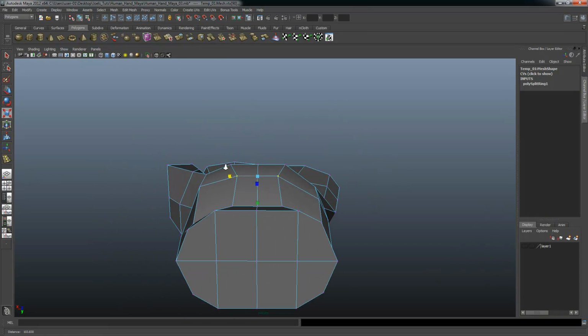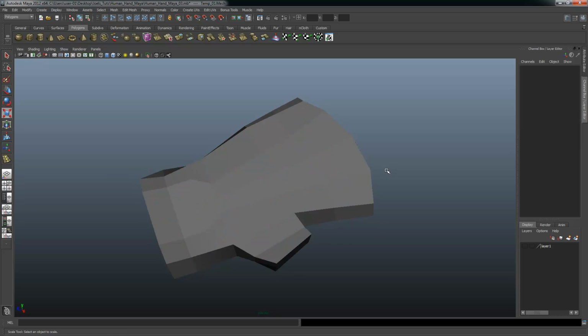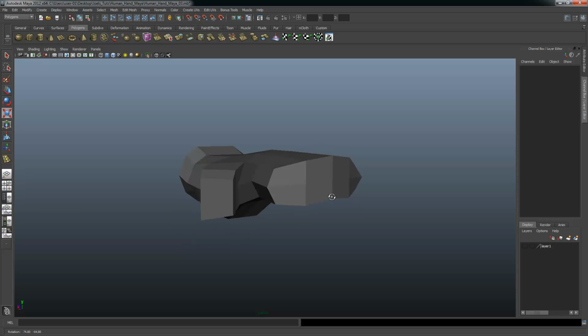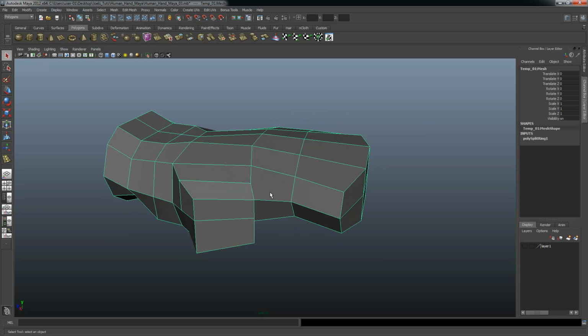Alright, that's looking good, top and bottom. Let's go ahead and build the fingers out. Alright, this would be a good point for me to explain something else. Whenever you're modeling your mesh,